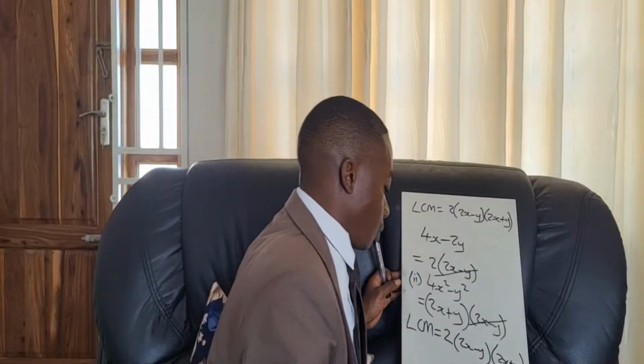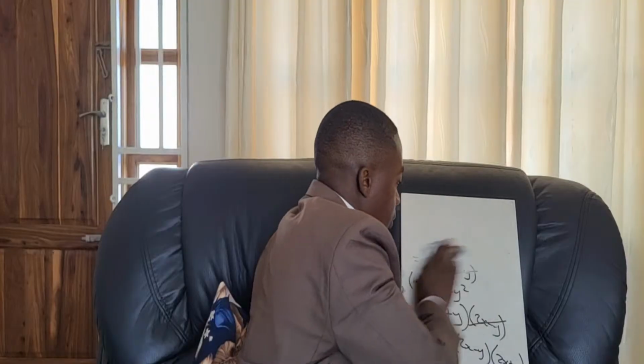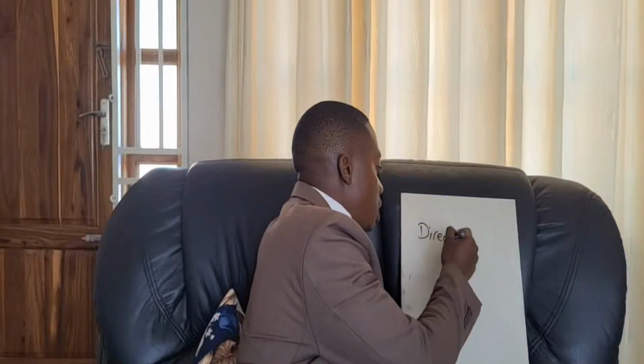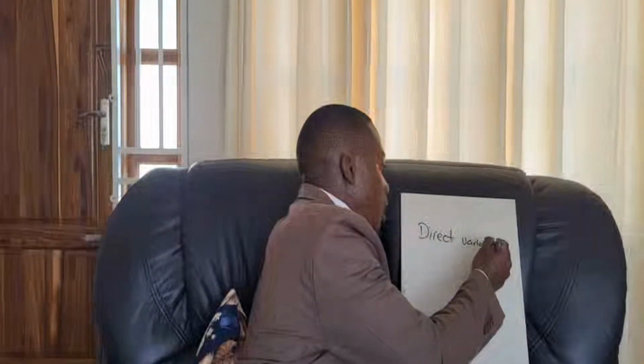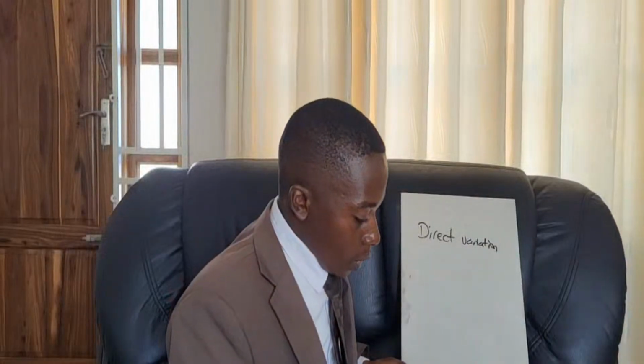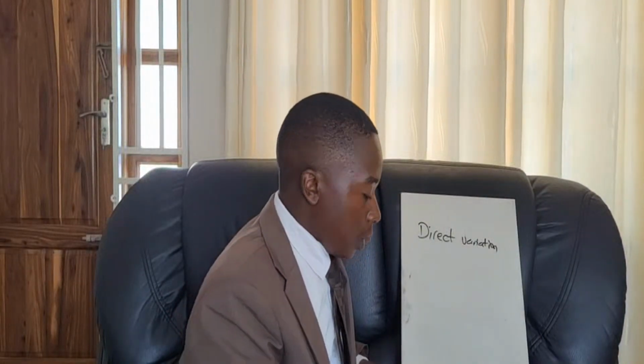Number 16. State the type of variation connecting the two quantities. If you check the diagram that you have, when one is increasing, the other one is also increasing. So a variation like that we call direct variation. Direct variation, that's the type of variation. Express D in terms of L. Since it's direct variation,